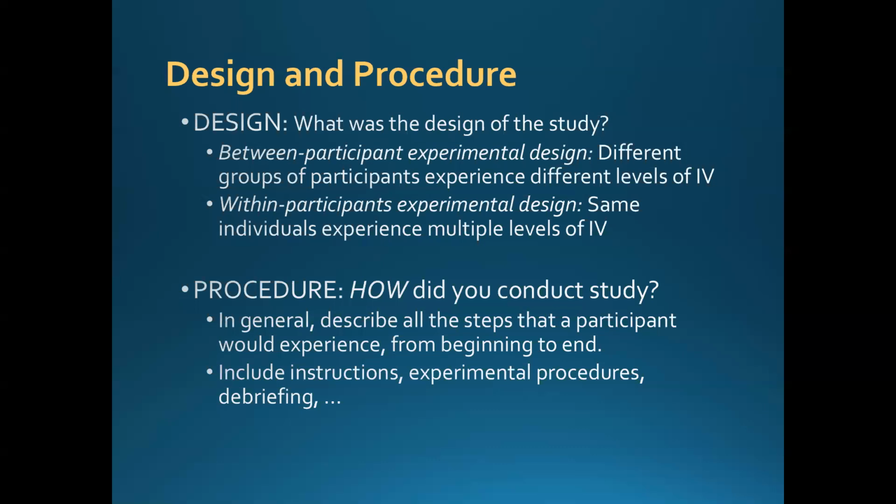There are some things that you want to be specific about, and there are other things that you don't need to be as specific about, right? You don't need to, in your paragraph, have the exact instructions that you provided. You don't need to have it word for word, but you can say, if participants were instructed to read a vignette, you can just say, participants were instructed to read a vignette, and that they would be answering questions afterwards. You don't have to copy and paste the exact question or the exact instructions that you told participants. Just kind of sum it up.